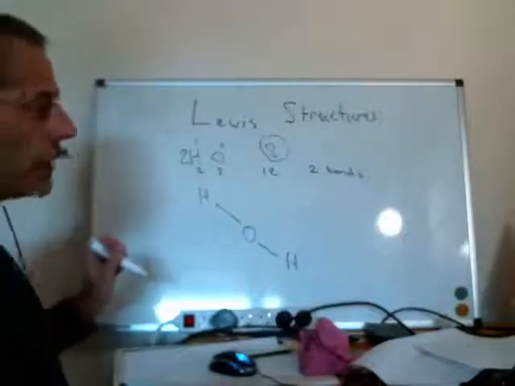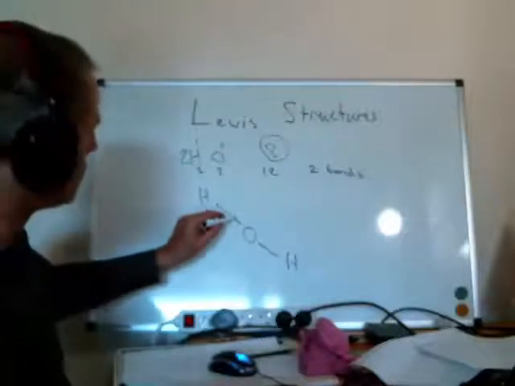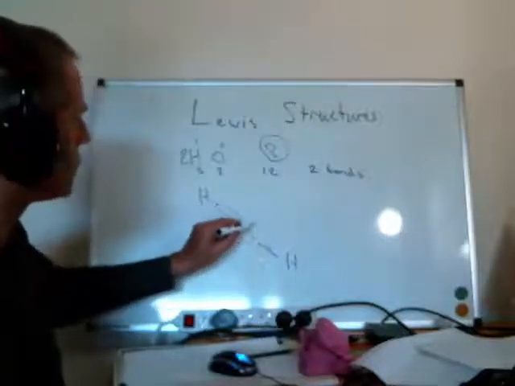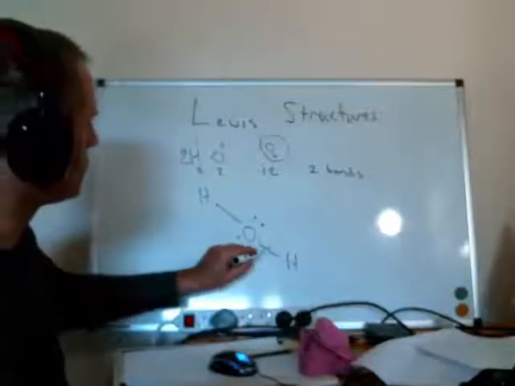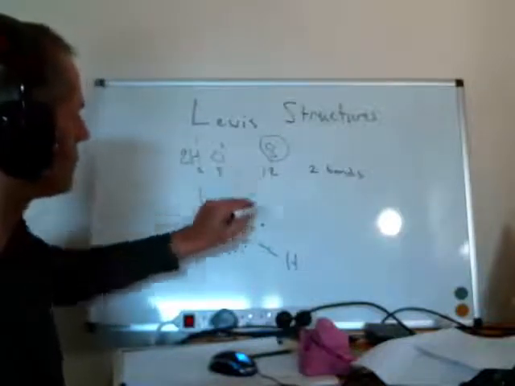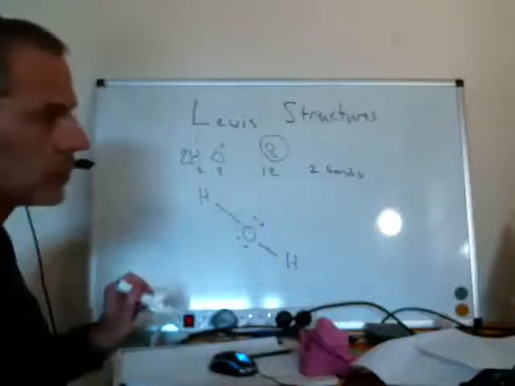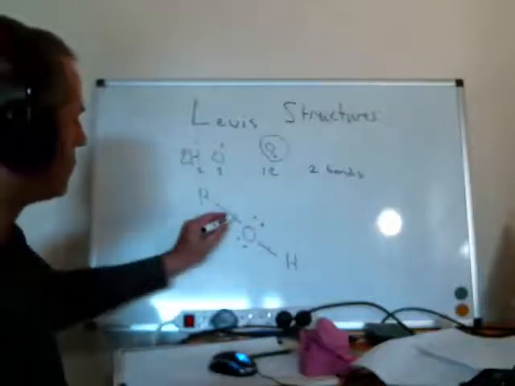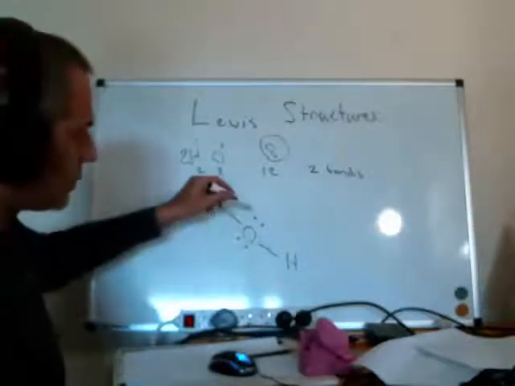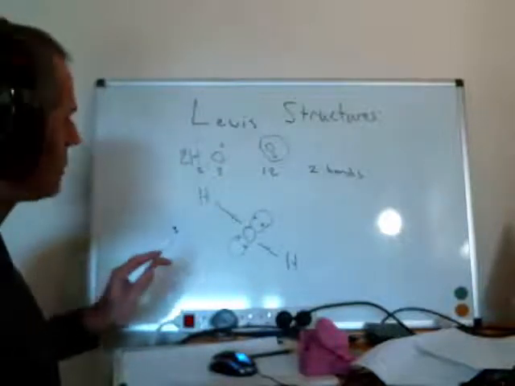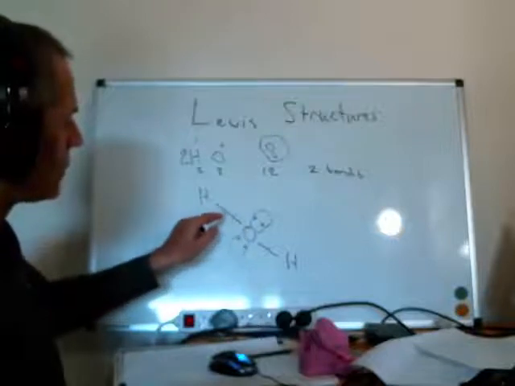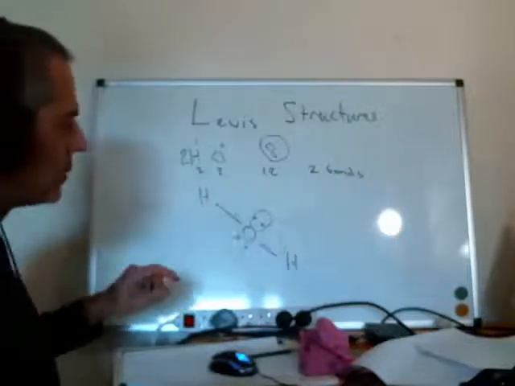And now we need to add some more things. So let's make this oxygen happy first. It's got 2, and it's now got 2, 4, 6, 8 electrons. The hydrogens are happy because they've only got 2, and we're all finished. Now we've discovered that we've got 2 lone pairs on our oxygen, which will distort this by Lewis laws into